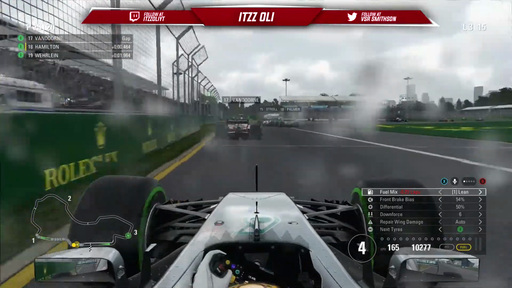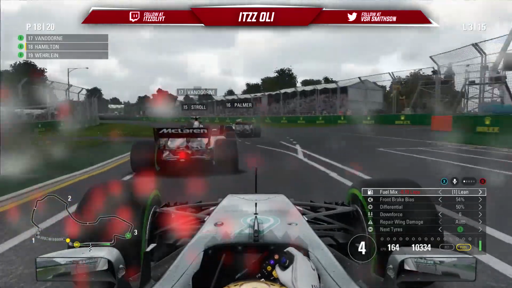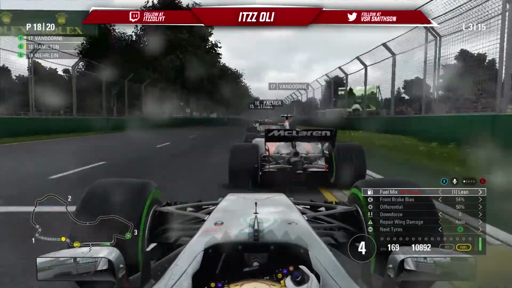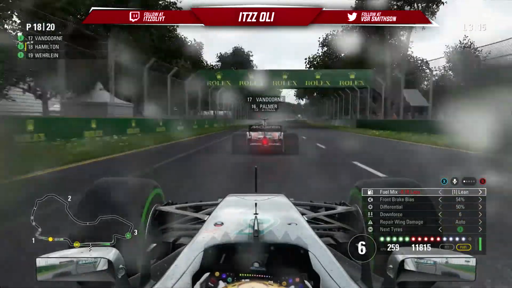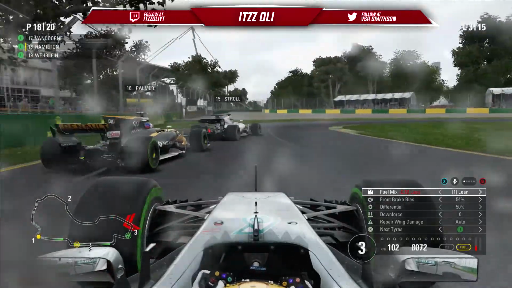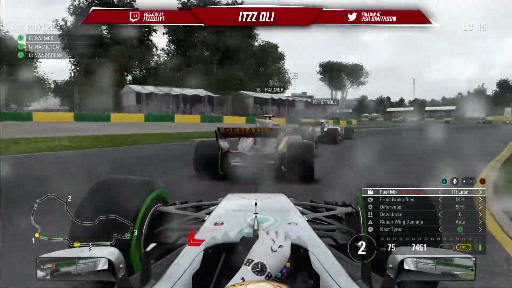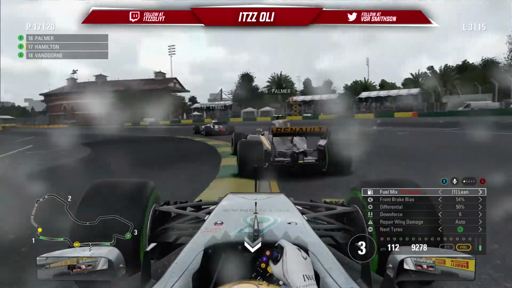So we are gaining positions at about two places per lap, excluding lap 1. We got 2 on lap 2, and we've got a good 3 cars here in front of us: Van Dorn, Palmer and Stroll. We're going to look to the inside of Van Dorn, a cheeky one to let Palmer know that we are in fact